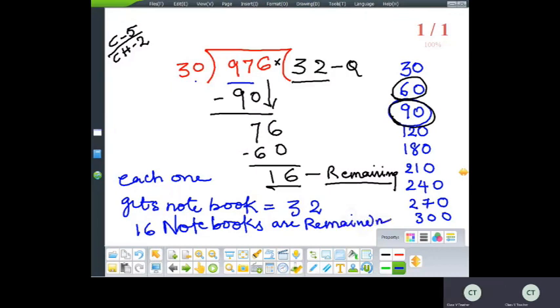because the total number of students is 30. So at minimum you should have the remainder as 30, which means it can be distributed among the students. It should be done equally. Yes. So it is not equal, so we cannot distribute that. So 16 notebooks remain.